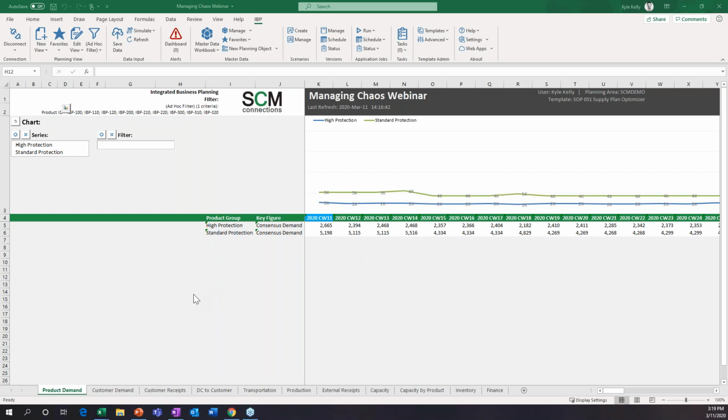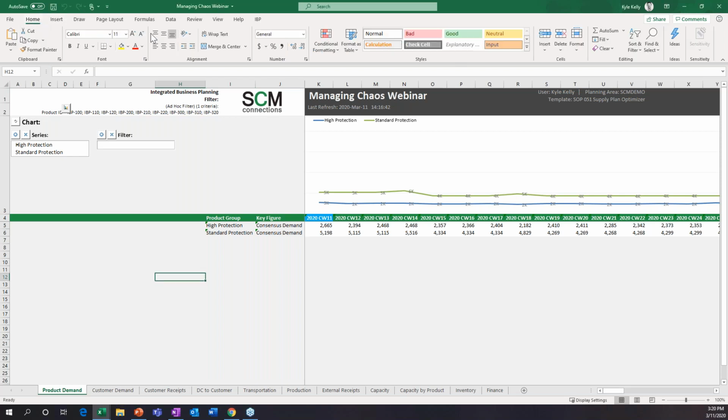So the first thing I'm going to do here is, for those that are uninitiated with IBP, the user interface is quite nice because it's in Excel, which I'm sure everyone is accustomed to using day in and day out. So it's just another add-in. You can see at the top of the ribbon here called IBP. You would log in, and then you have the general functionality, not only of IBP, but you can also maintain the native functionality of Excel, which is really nice.